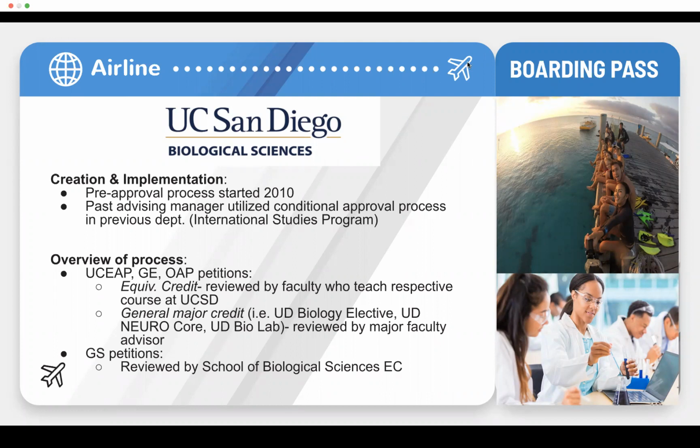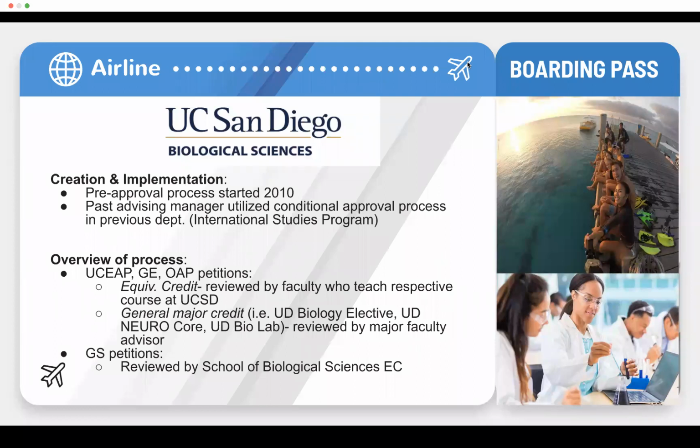If a student is interested in having a course pre-approved or reviewed for general major credit, such as upper division biology elective credit, upper div neurobiology core credit, for example, for our neurobiology majors, or just general upper div bio lab credit, we actually have those petitions reviewed by our major faculty advisors. So in bio, we have an educational committee that's under the direction of our director of undergrad education. And then each of our 7 majors has assigned major faculty advisors. So if a neurobiology major wanted something reviewed for a neurobio core, I would route that petition to our neurobiology